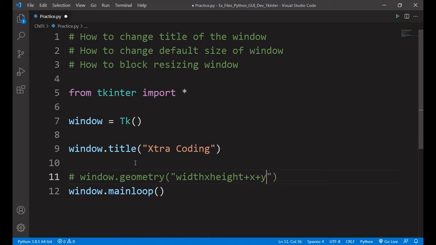So width is the width of the window and height is the height of that window. X is how far will be our window located from the left side, and y is how far will be our window located from the upper side. So